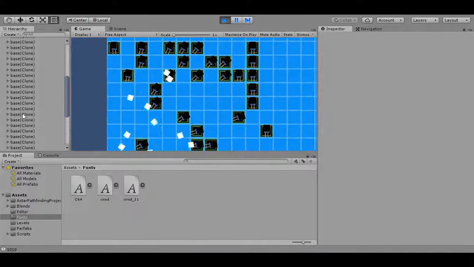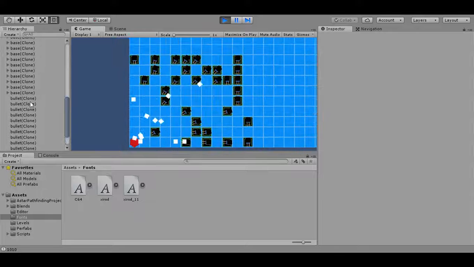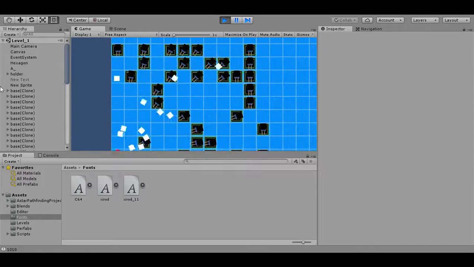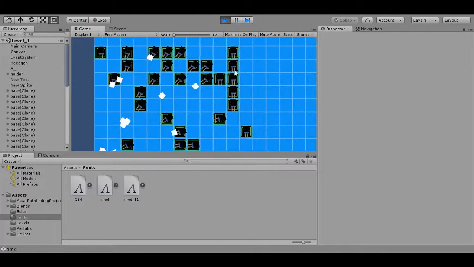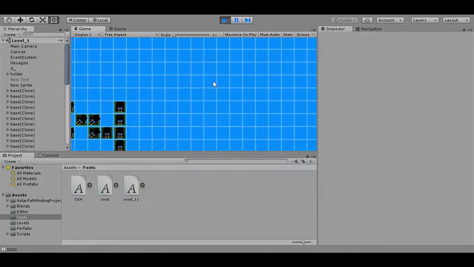And here's the bullets themselves, okay? They're not being object pooled or anything like that. And these are all individual sprites, each one of these tiles. So it's kind of one of those quality of life things, okay? If you're thinking about